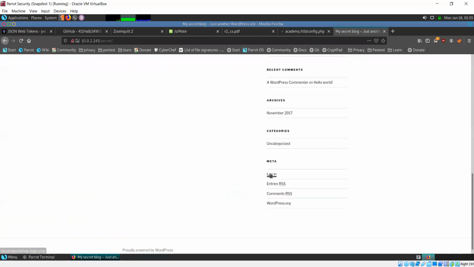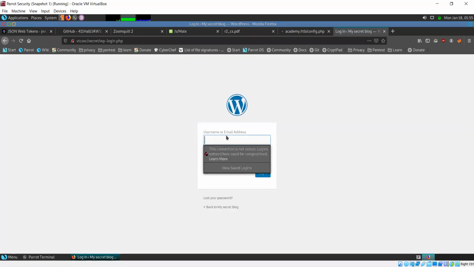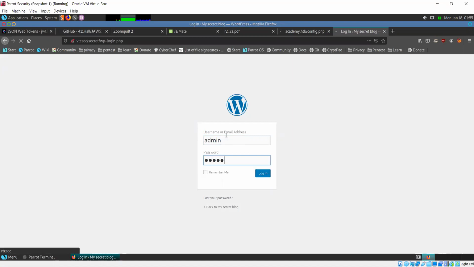We were also able to log into the site with administrator access, and luckily for us it had not been well configured, so just the default combination of admin was working there.